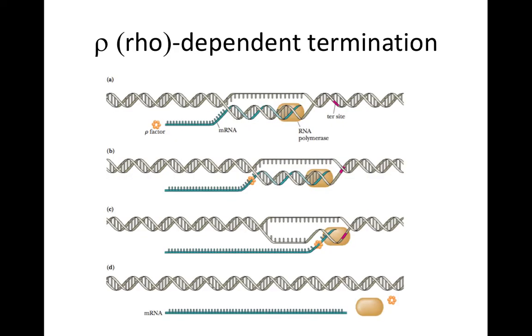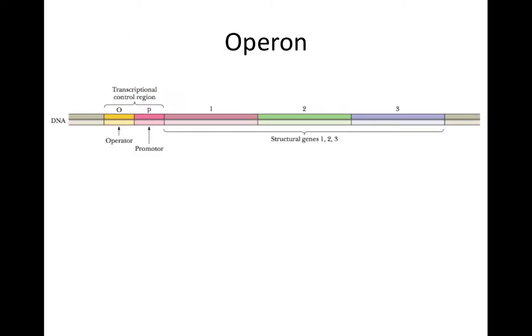Okay, so let's continue on the slide. So here shown is an operon. So an operon is basically this entire stretch. So you have a promoter and 3 genes that are under its control, and this promoter is under the control of an operator. So altogether, it's called an operon. So you can have several examples of this. For example, the lac operon, or the trp operon, or the